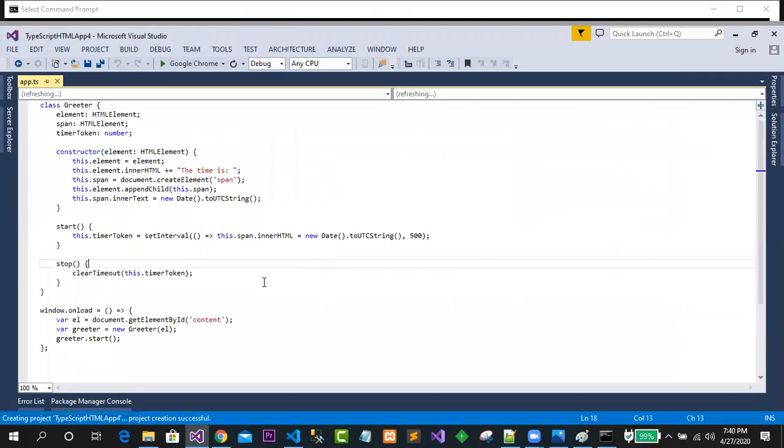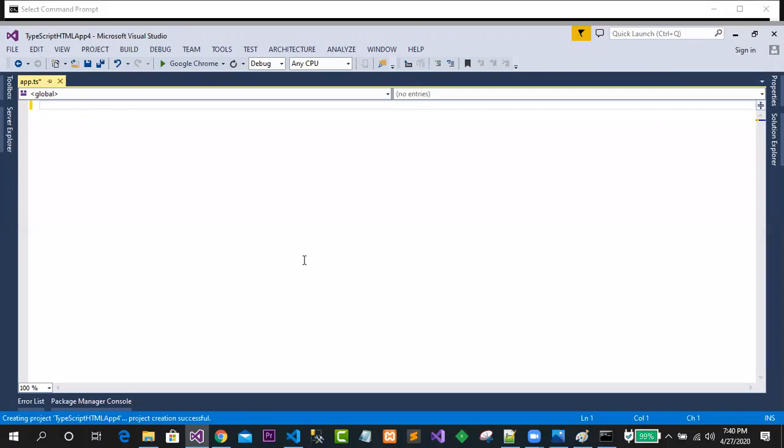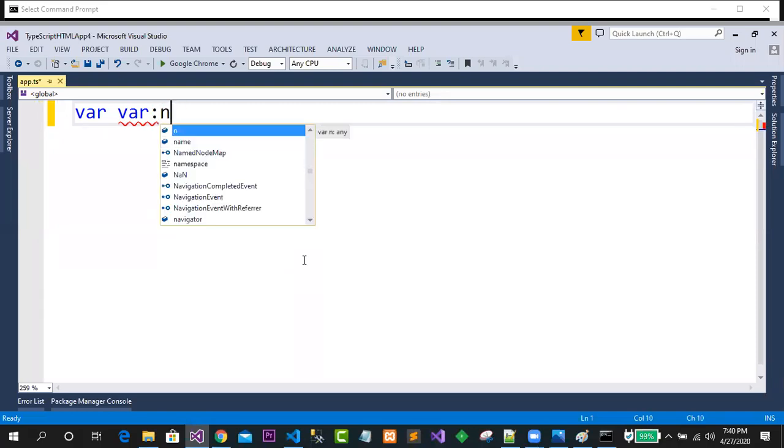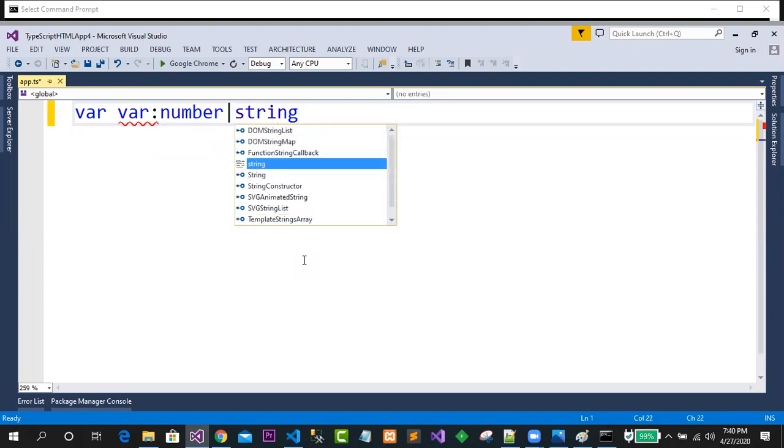Okay, just see. These are some default codes here, and I don't require all this code for now. My requirement is, let's say, go for a variable. This is val, and in this case I do require a number kind as well as a string kind. So this is a string kind.